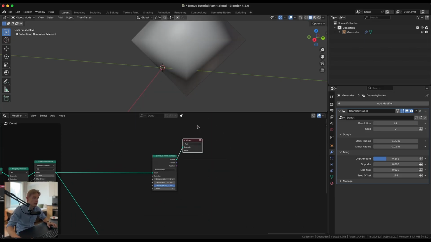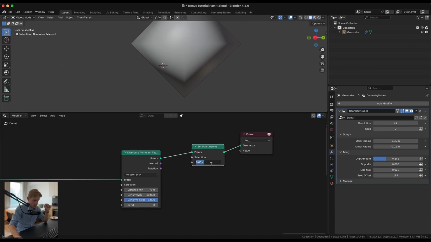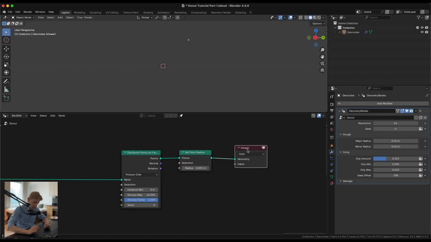So if we just look at what it outputs, you can see one big point, and I'm just going to do a set point radius. This is just a visual thing in this case right now, because we want to make kind of two different types of sprinkles. We want to make the normal long cylinder sprinkles, and then we want to make some sort of ball sprinkles on top of this. So we're gonna put the point radius now to small so we can just kind of see it in this scale right now. And you can see that there is one singular sprinkle on this donut right now,